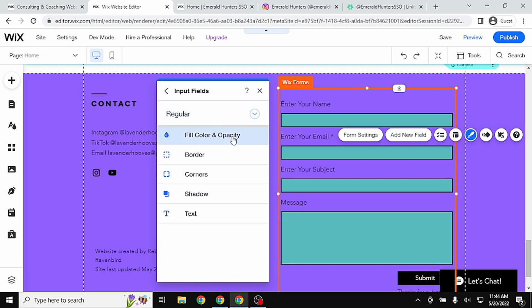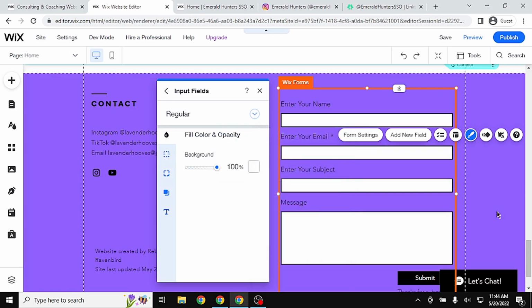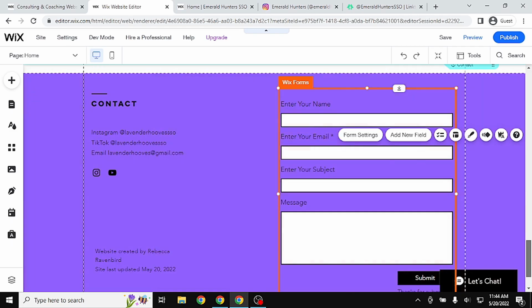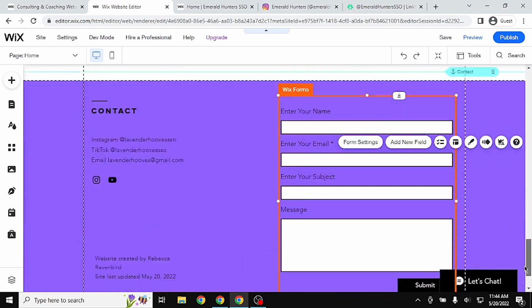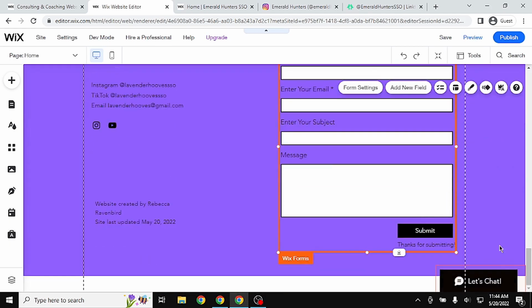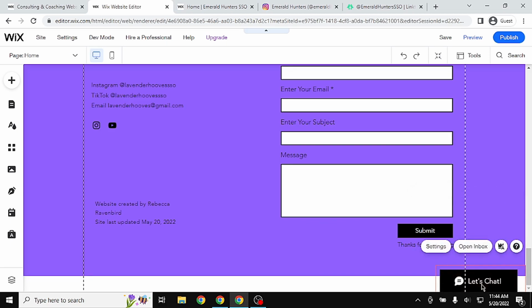The input fields, this is the actual boxes themselves. Let's change this to white. And there we go. We'll go ahead and exit that. And I think we're pretty much done with the homepage here. Right, so pretty easy. The one final thing on the homepage that we're going to address is just this little chat box. We don't really use that, so all you need to do is just click on it and delete